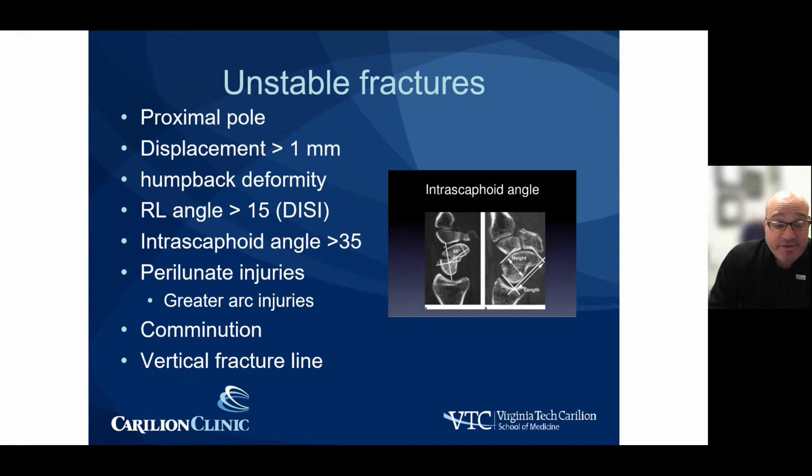The other one that we need to discuss is what defines an unstable fracture of the scaphoid. We define a scaphoid fracture as unstable when it involves the proximal pole, where there's displacement more than 1 millimeter, when there's humpback deformity, determined by a radiolunate angle greater than 15 degrees and an interscaphoid angle greater than 35 degrees. Those fractures that involve perilunate, greater arc type injuries, those are unstable fractures of the scaphoid